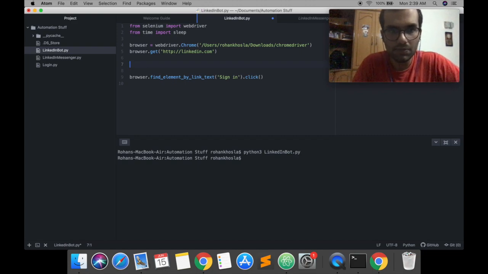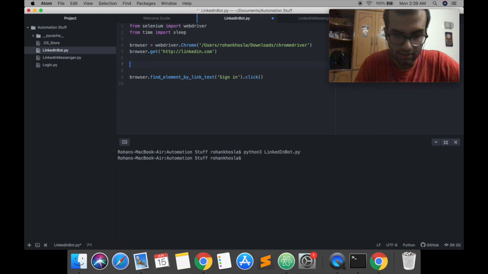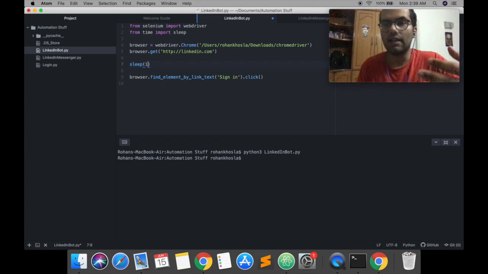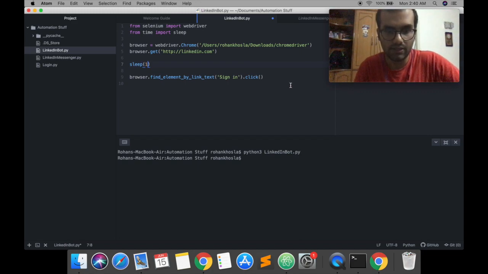Now the function of sleep is that it tells the program do not do anything. You essentially sleep for a particular amount of time, which is generally denoted in seconds. So over here I'll write sleep(1). The main reason for this is that what we're writing are Python scripts, and the script can only work if the HTML is loaded, since it's going to click on HTML. So for that to load in, we're going to let it sleep. The program does nothing, it lets everything load in and then it clicks. So we're going to save this and run this.